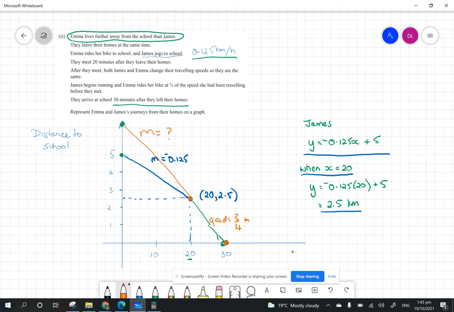So we know that we can work out the equation of this one. You can do that by putting it into your graphics calculator. If you put it into your graphics calculator, you should get